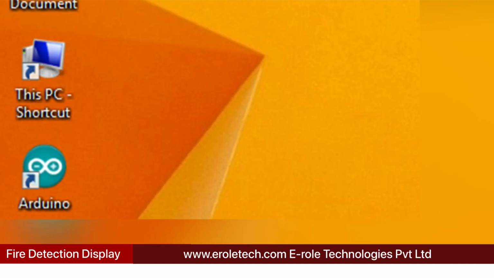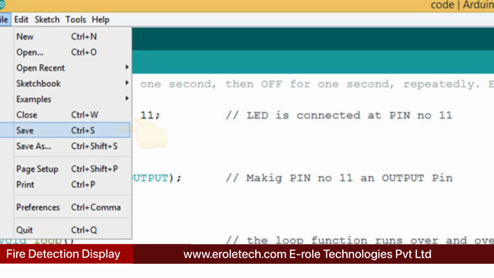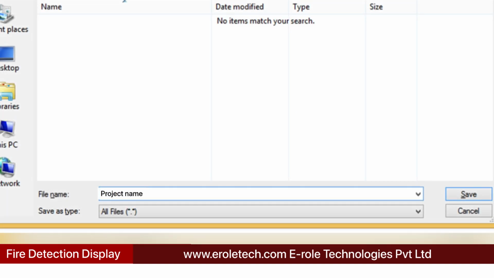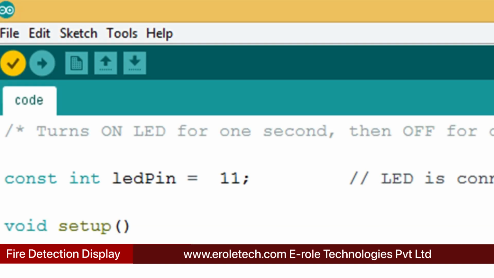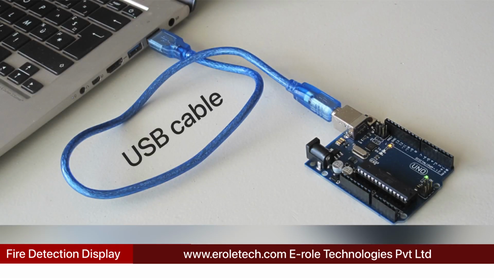Now, we will write the code on this software. After writing the code, we will save our project. Now we will compile our code. For doing this, press this check button. If there is any error in the code, or the code is incorrect, it can be seen on the message screen below. If the code is correct, we can upload it to our